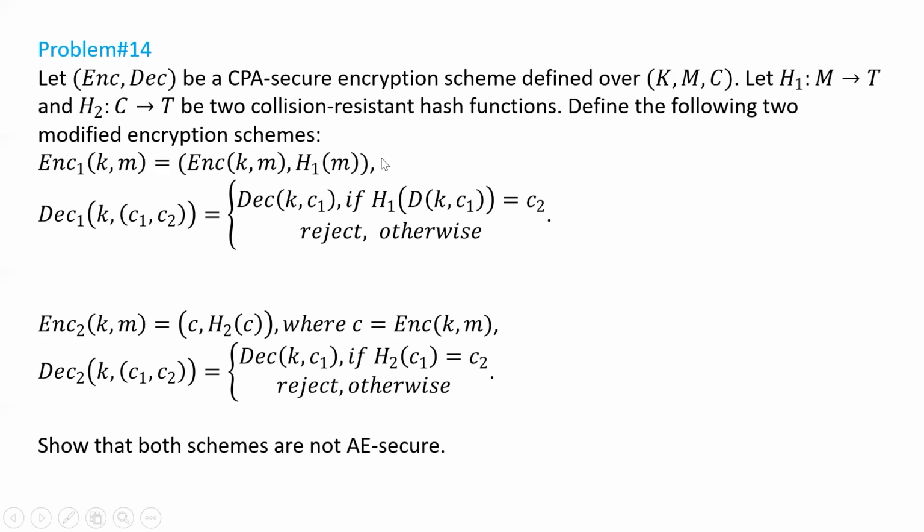So this cannot lead to a secure authenticated encryption scheme, because whenever you are seeing a challenge ciphertext of the form c1 comma c2, you see the part c2 and match whether this hash of m part is hash of m0 or hash of m1. By checking that only, you can easily say whether you are seeing encryption of m0 or encryption of m1. So this is not AE secure. And the second part,